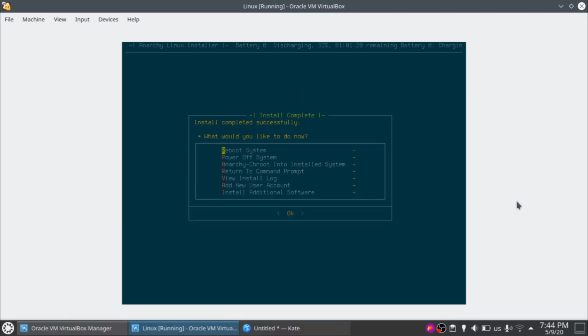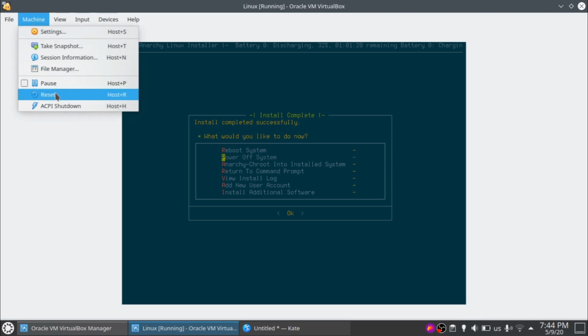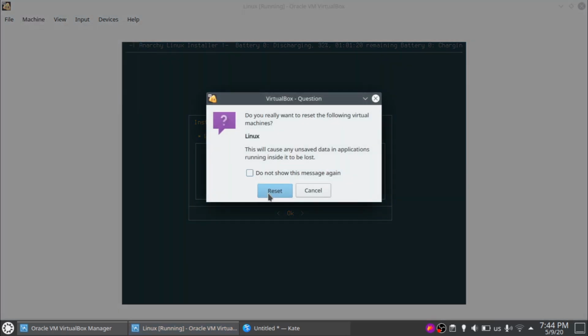Alright, we're back with the installation finished. It took about 10 minutes, I would say. So now you could just reboot the system. I would recommend just powering it off. So you could just choose that, remove your USB. What I'm going to do is I'm just going to press the reset option,